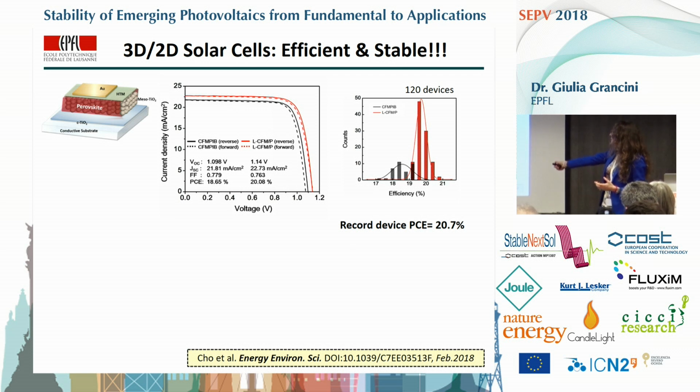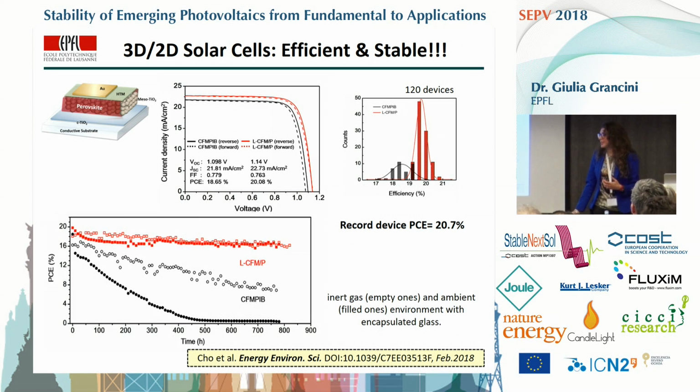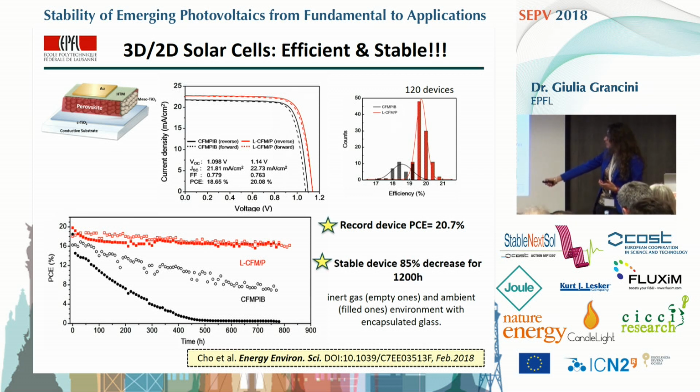better stability of the device. You can see here the red is the layer-by-layer device. Efficiency as high as 20% has been obtained with a very nice stability that was improved with respect to the control without the two-dimensional treatment. Note that these were done in ambient environment without encapsulation, and also compared with solar cell measurements in inert gas